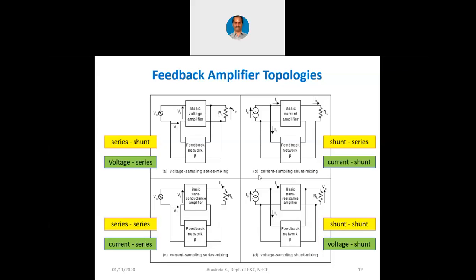Coming to the diagram B, we can see it is mentioned here as current sampling and shunt mixing, means at the output current is sampled and it is connected in shunt at the input. And I had told you earlier also, whenever we have shunt connections, we will have to use a current source at the input. The reason is, if at all we have 2 voltage sources in parallel, it will be very difficult to analyze that. In the sense, whenever there are 2 voltage sources which are in series, always there will be linear addition or linear subtraction depending upon the